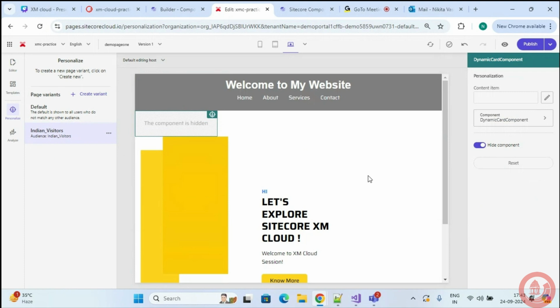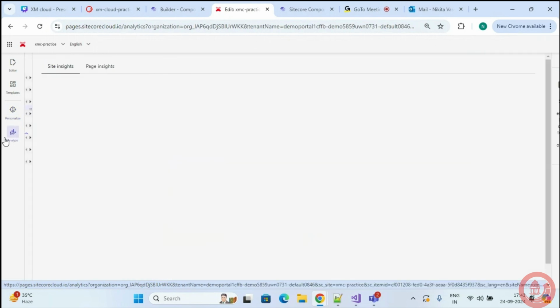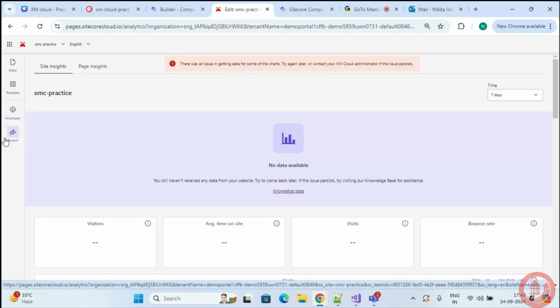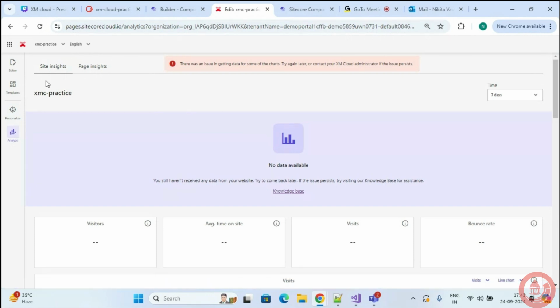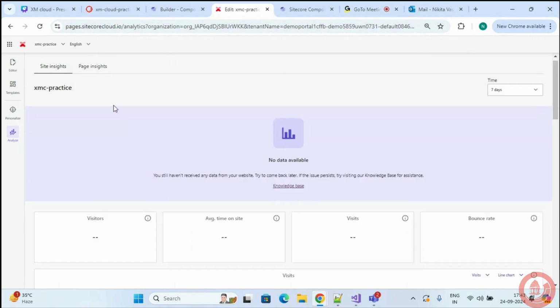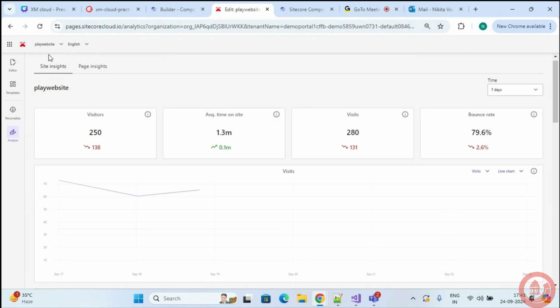Then we have the other option also. This is the overall view of our website, how it is performing. Now we can also check the insights for our pages. Once you click on page insights, we have the tree opened for us. I can click on any specific page and check the insights for that. Supposedly I want to check the insights of this page, landing page with sent form. I can click on this and check the data that is available. Right now there is no data.